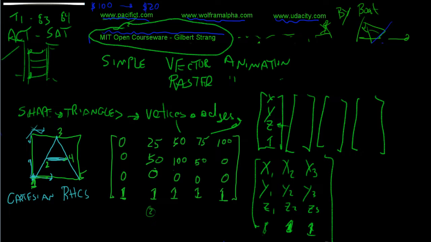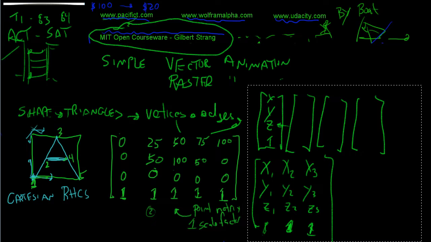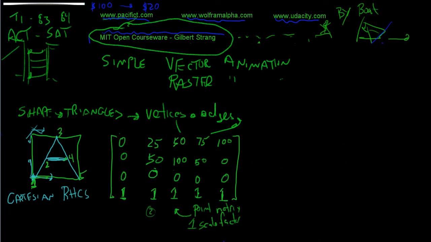So we have here now a definition of each of the points. And we want to recognize or label, but this is basically a point matrix, if we want to call it point matrix, with a 0, 1 scale factor. Just as often in many systems you do not include the scale factor, but the reason why you're losing the scale factor is because you want to go back to 2nd grade and 3rd grade and 4th grade and 5th grade and 6th grade, at least in the everyday math curriculum, and remember that we want to now apply some transformations, and those transformations are going to be things like